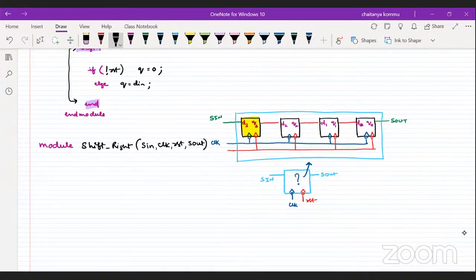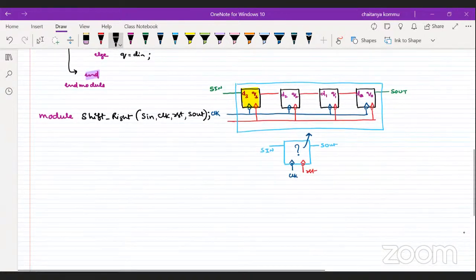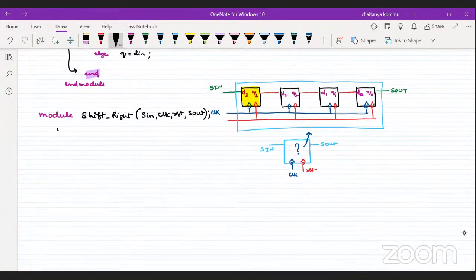All are small letters only. Please remember that I have written all are small letters only. So out of all these things, inputs are SIN, clock, reset signal. Output is,